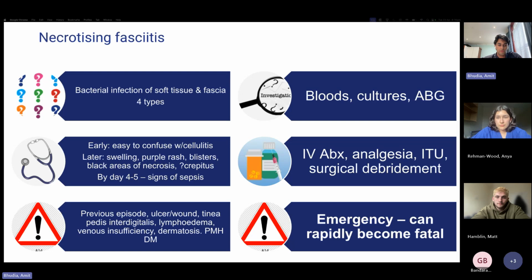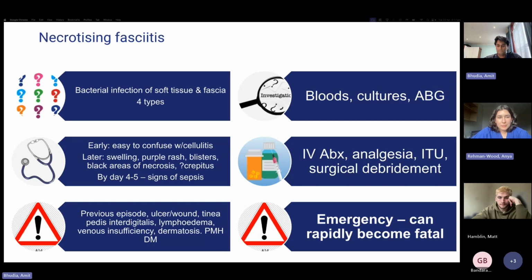And it's the similar sort of risk factors for cellulitis. Particularly important to consider if someone's also just had surgery, if the wound's infected. And then in terms of your management, you're going to give IV antibiotics. You need to escalate this as soon as possible. They could require ITU admission, and generally the treatment is surgical debridement. So